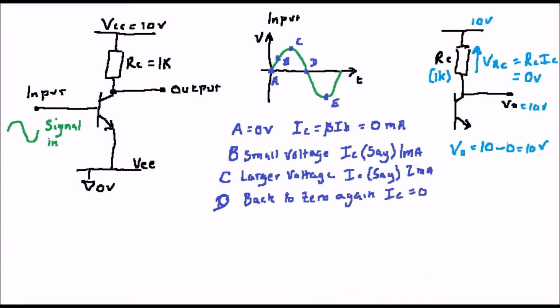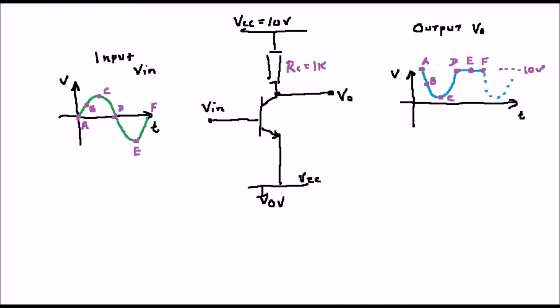At point E, the base emitter diode is off, it's reverse biased, and so IC is equal to 0 and Vout is equal to 10 volts. So plotting all these output points on a graph, we have a waveform that looks as shown in the diagram